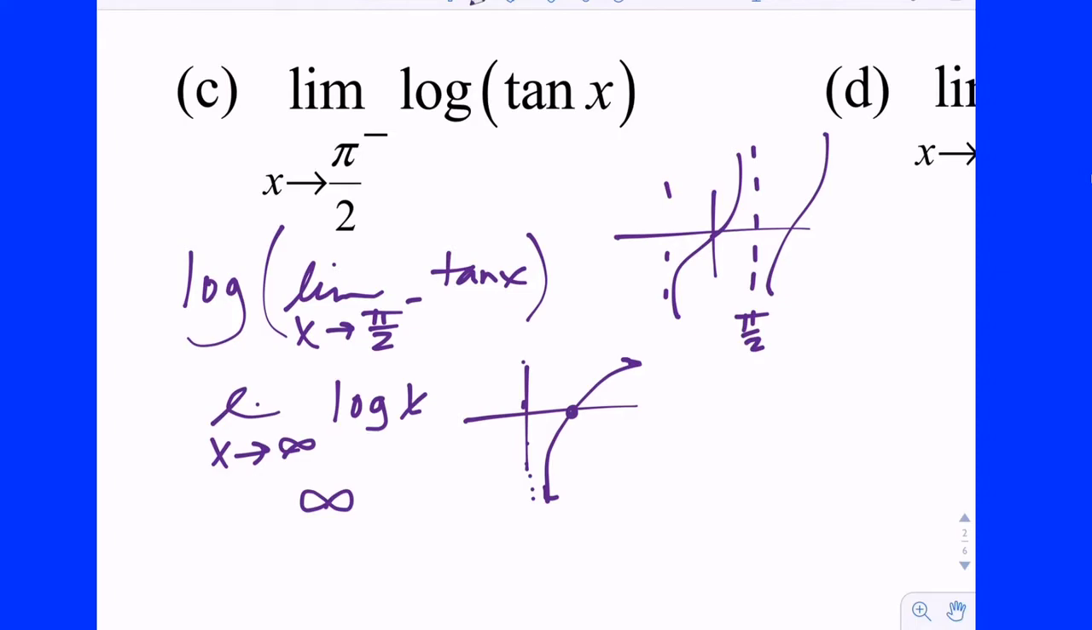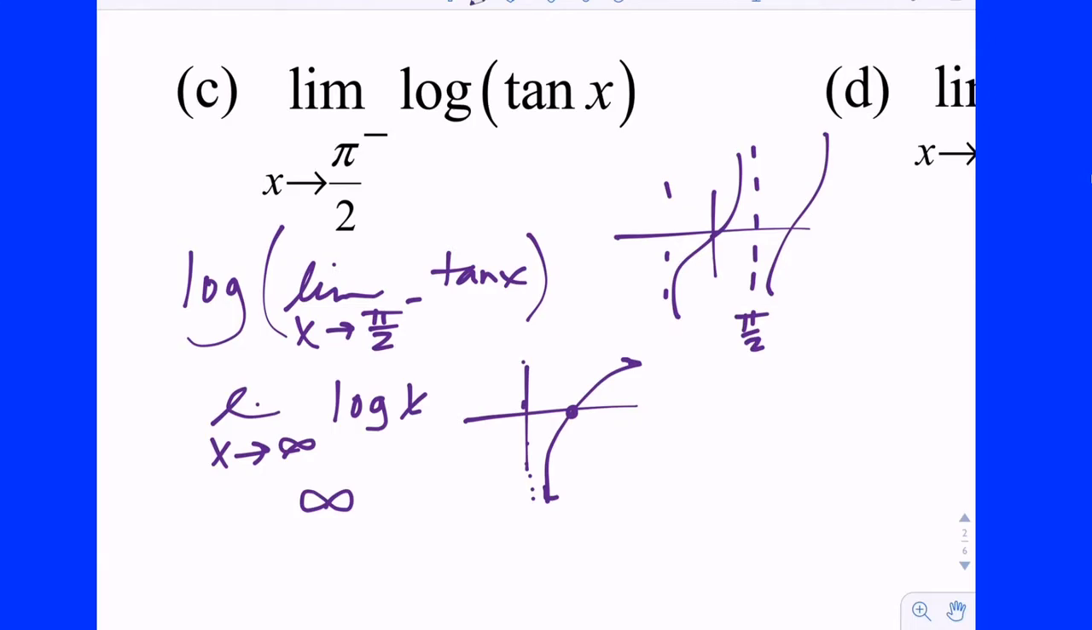Here's what the graph of tangent looks like, and you should know that. It's a monotonic increasing function. It passes through the origin. The first vertical asymptote is at pi halves, and then it starts again. So if you're approaching pi halves from the left, that's approaching your first vertical asymptote from the left. It's going to infinity. So now you could just say log of infinity, but what you're really doing now is,